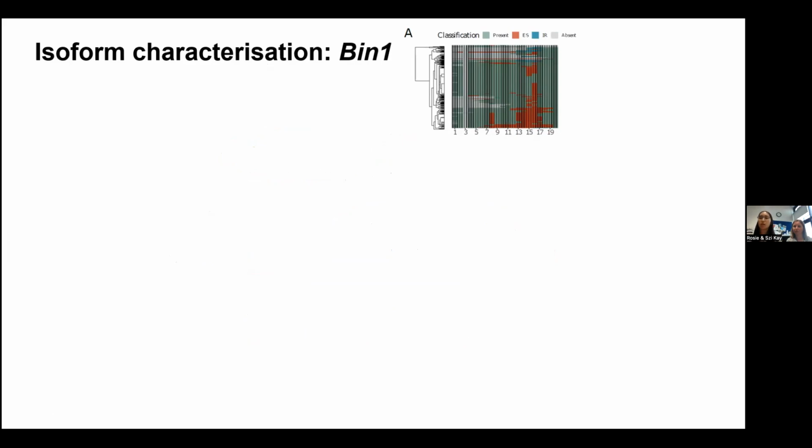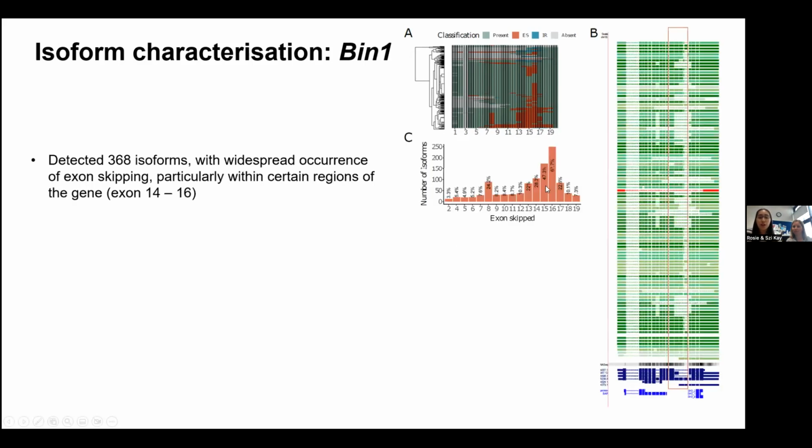And what we find is, again, a lot of novel isoforms. To really capture the complexity, the heat map shows where the complexity of these isoforms lies. Across the x-axis are the exons, and each line is an isoform. Things in green are present exons, things in red are exons that are skipped. And we can now very clearly see an enrichment of exon skipping events across certain